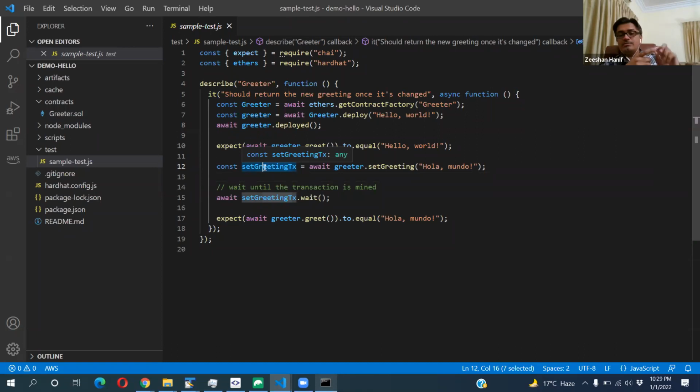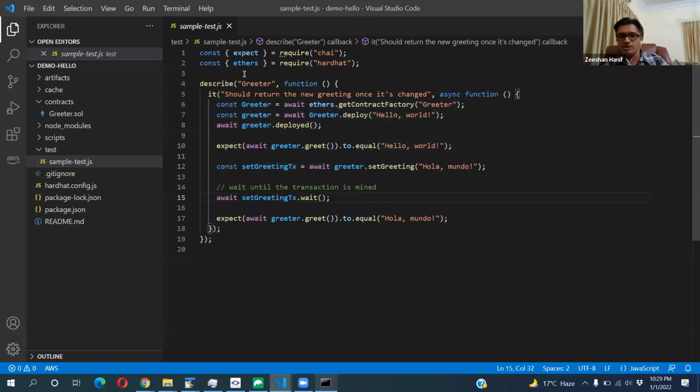One more thing: whenever you run a function which updates or changes something in a blockchain, it is a transaction, and it will give you the transaction ID or transaction hash. You see, you have a transaction object here. We'll wait for it. I'll explain these wait and all these things later. We have many classes to discuss all these things. So I'll just run this.